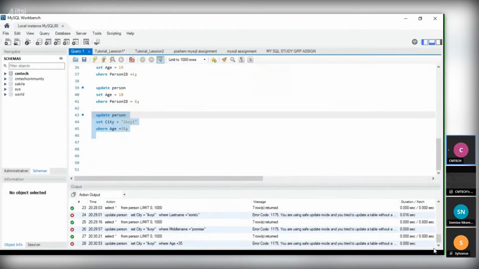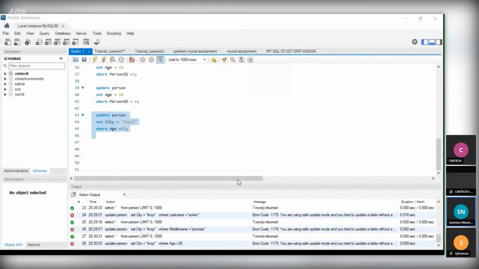It did not set. Why? Because we use auto increment and we are supposed to use the index number. We use the primary key. Remember, we chose the primary key.